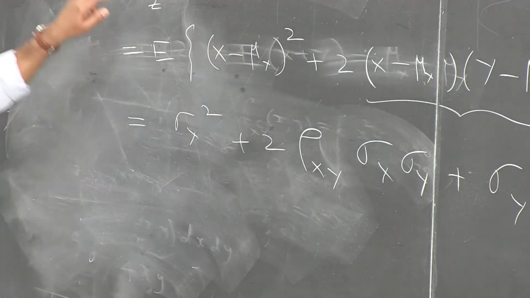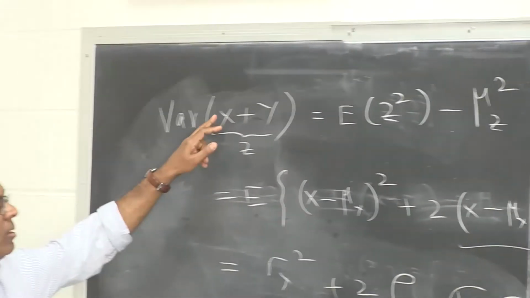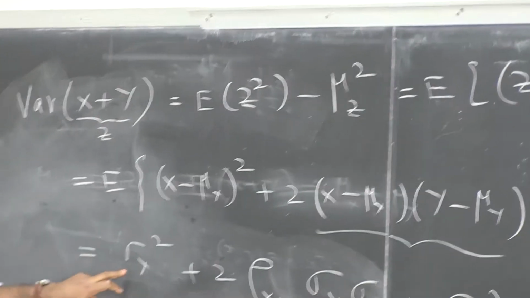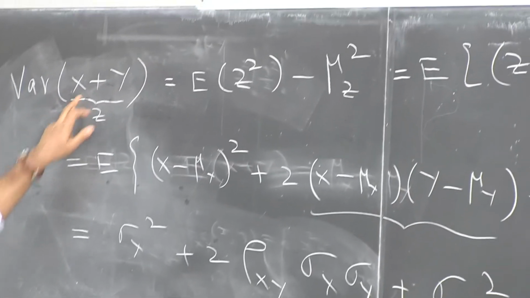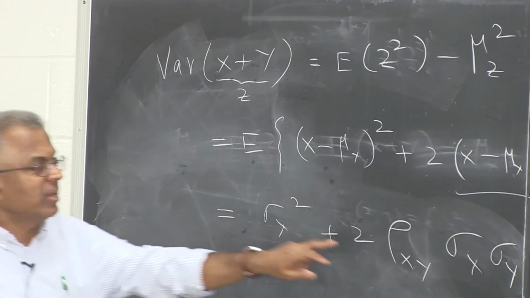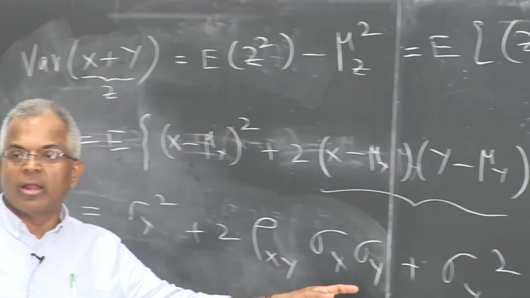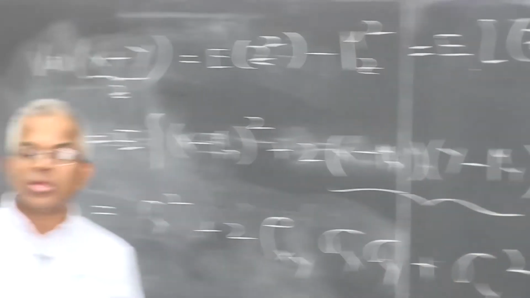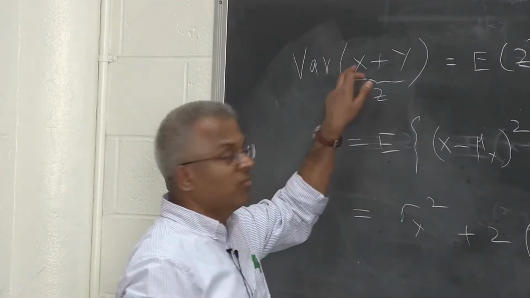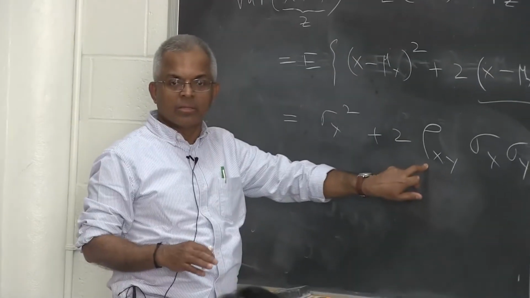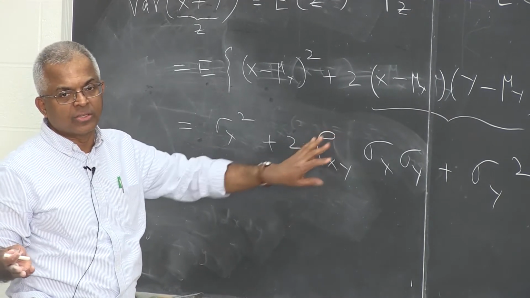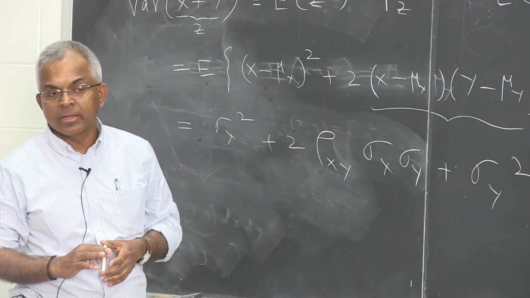So this is the moral of the story. Look here. If you add two random variables, the variance of the sum is not the sum of the variances. You have the sum of the variances here, but you also have another term which depends on the correlation. So what happens if the two random variables are uncorrelated? What happens to the variance? If they are uncorrelated, the middle term is 0, because the correlation coefficient is 0. If the two random variables are independent,